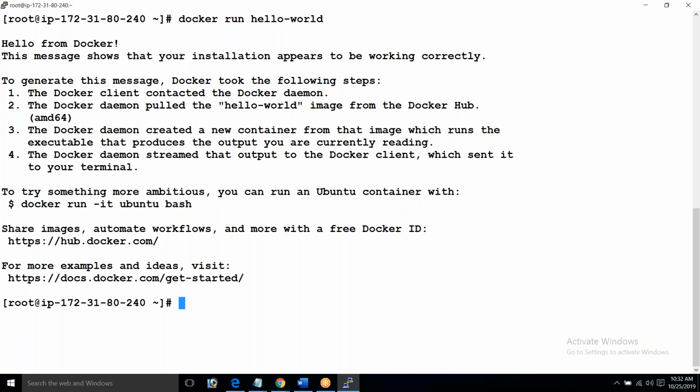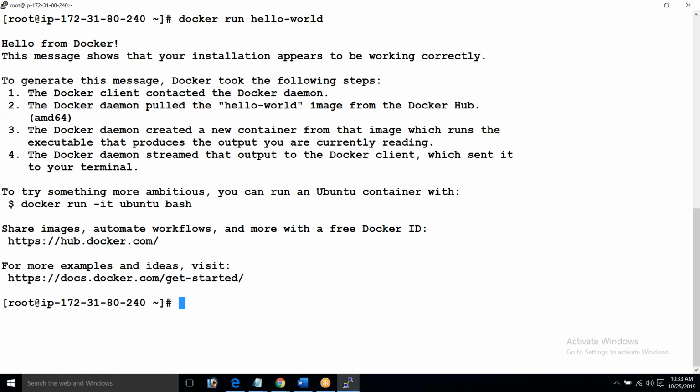If I am running some other container, the purpose of that container might be what? Do some operation, maybe executing a script, maybe running a service, maybe executing some other commands inside it. It could be anything, right? So that's how Dockers are built. When you talk about web applications, Tomcat, Nginx, as and when you run them, what happens? The service will start within them and the service will be up and running.